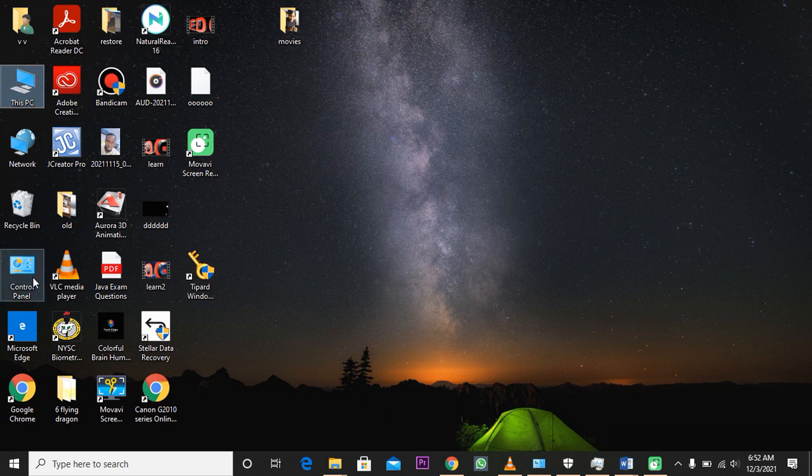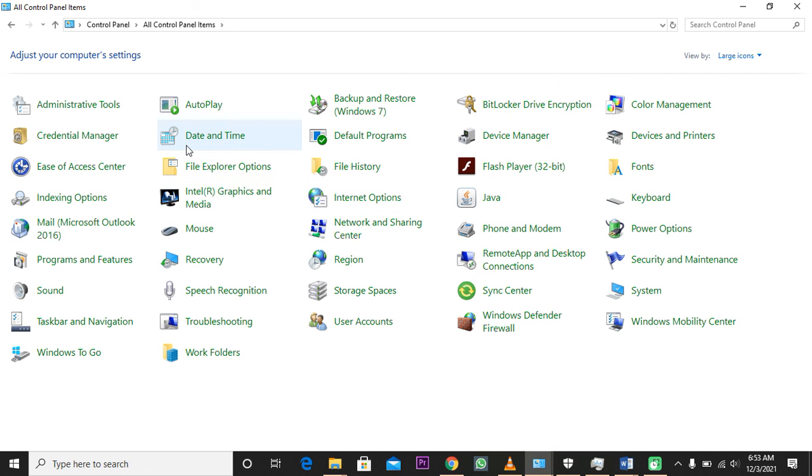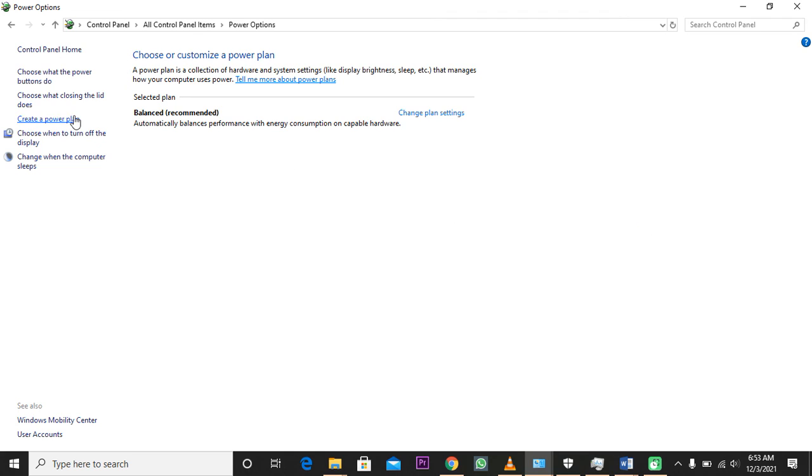So you go to your control panel and you click on large icon. Okay, so here you click on power option. Okay, and this is where you have access to choose what power button do, and we're just going to reset this particular button to hibernate whenever you press it